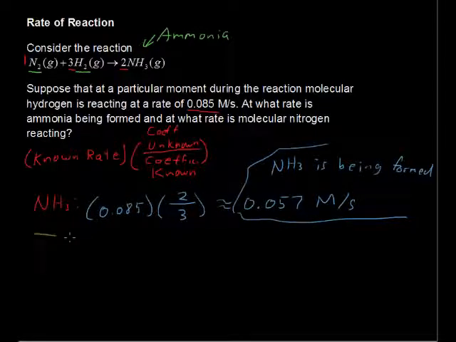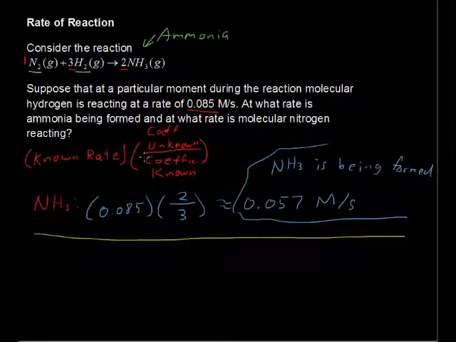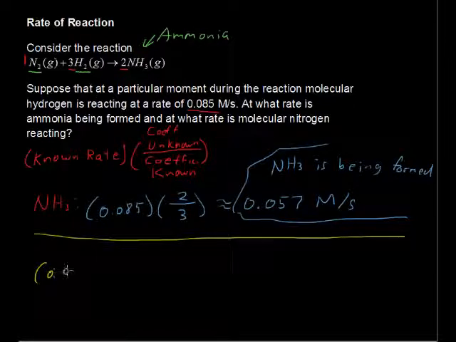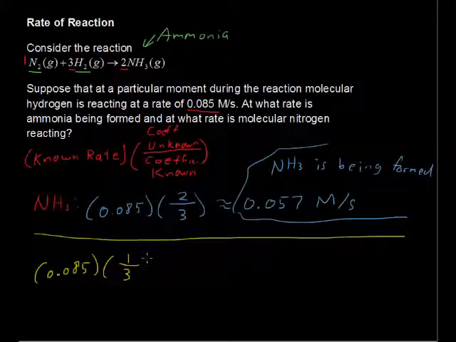Now, if you already have the answer for nitrogen, excellent. I love that a student will work ahead, try it, and then check it out. Let's see if it works. This known rate, 0.085, multiplied by the ratio of the unknown, the coefficient of the compound whose rate is unknown, and that's 1, because that's the coefficient of the nitrogen gas, over the 3, that's the coefficient of the compound whose rate is known,